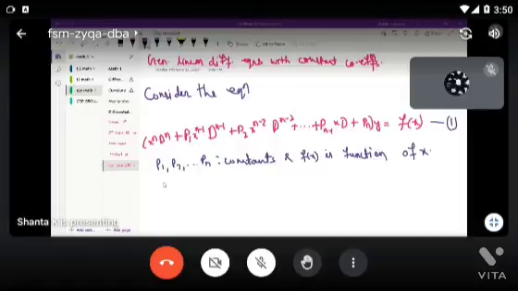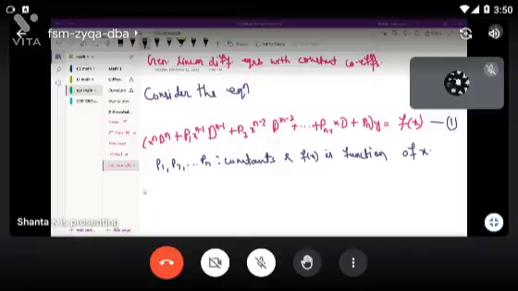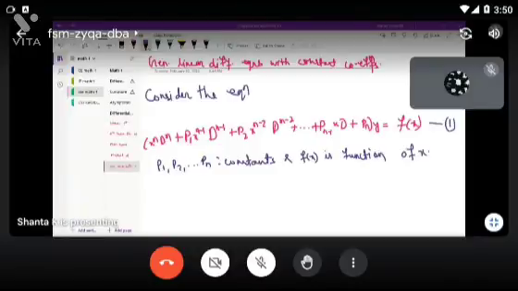So let's see what will be the substitution. So what we do here, we will substitute x is equal to